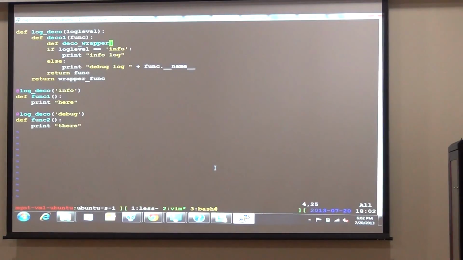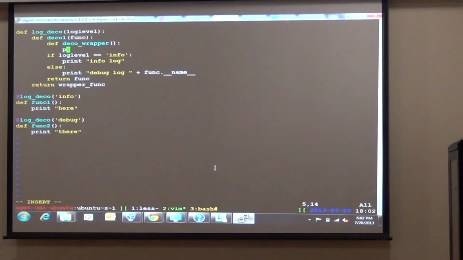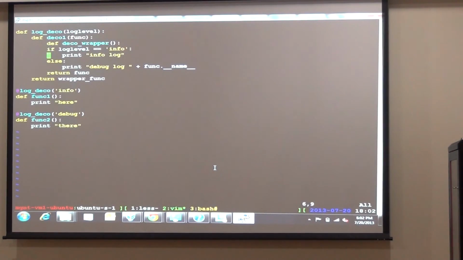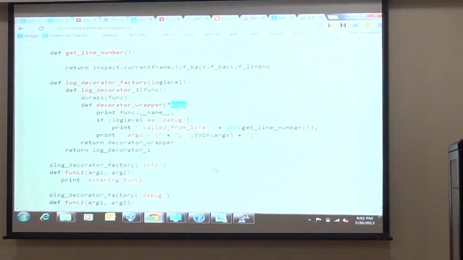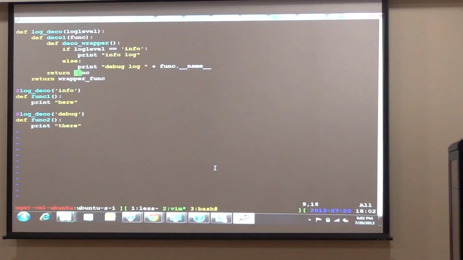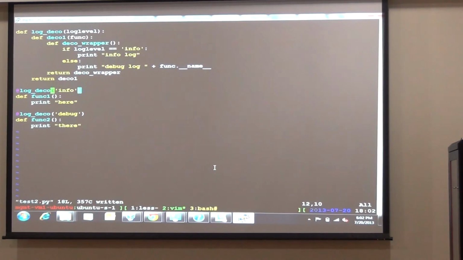This guy is going to be a function, so it does not take any arguments right now. So we'll just go print. We'll move this stuff here. I just put this box, and then from here we return the wrapper. From here we return the decorator, because the keyword argument that you're passing to this guy is used to choose which decorator. So in this case, you chose this decorator, and in that, the wrapper function is being called.